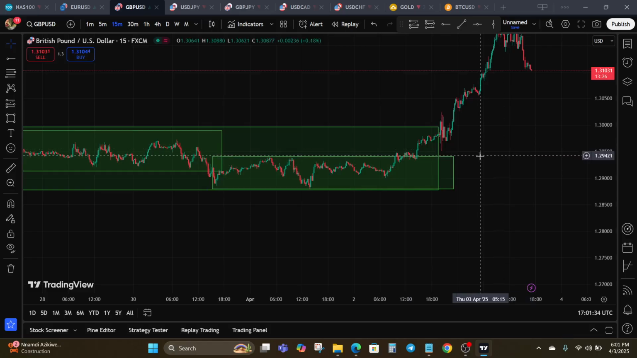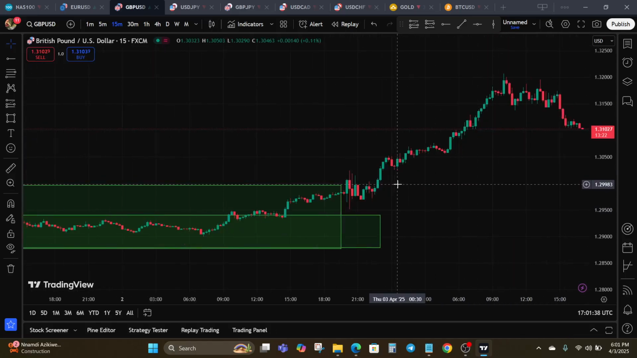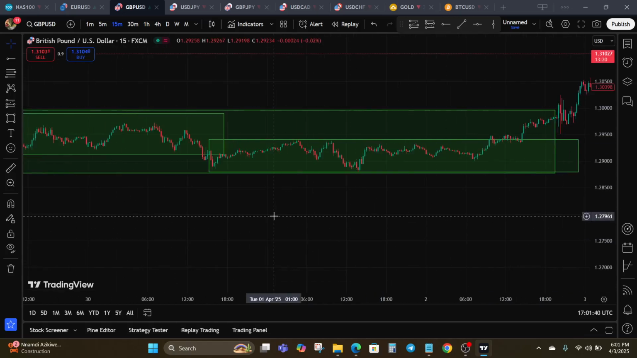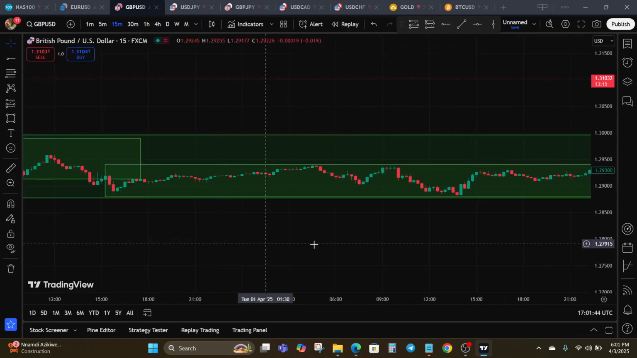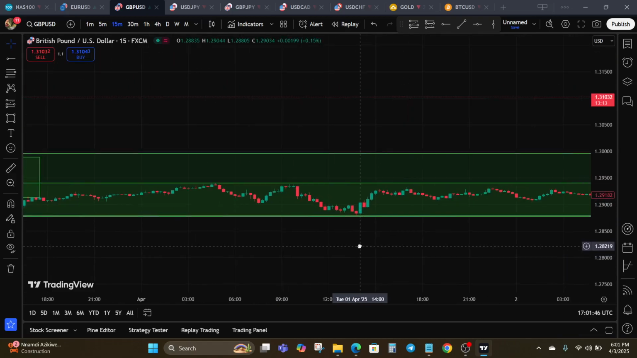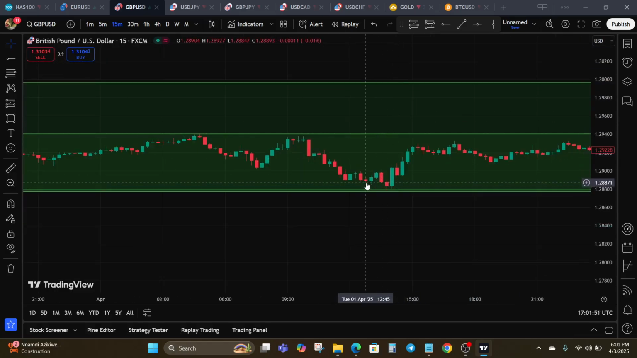Now, watch for price action, candlestick patterns that signal a reversal or continuation of the trend. For example, a doji candle at a resistance might indicate a potential reversal. Okay, you should be watching out for such indications. Okay, we have something like that around here. You can see that we had a doji around here, right? This is a doji candlestick pattern. This can indicate